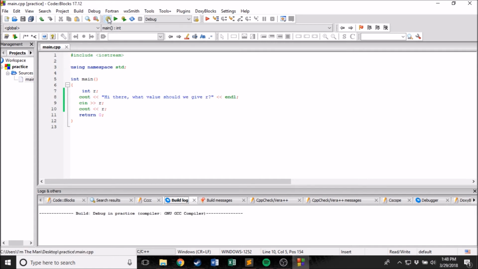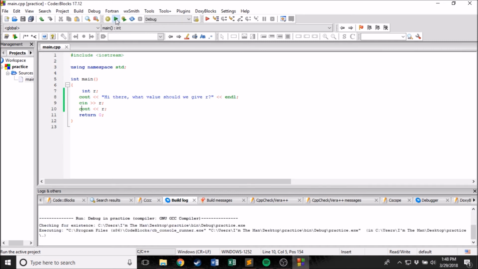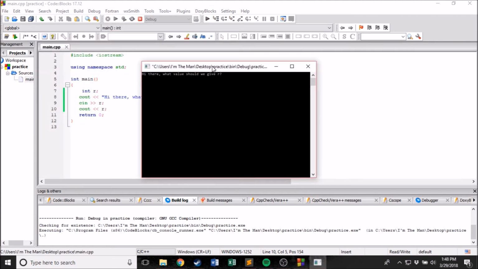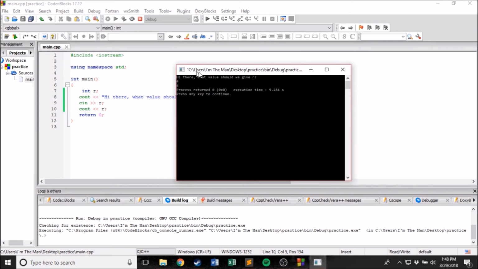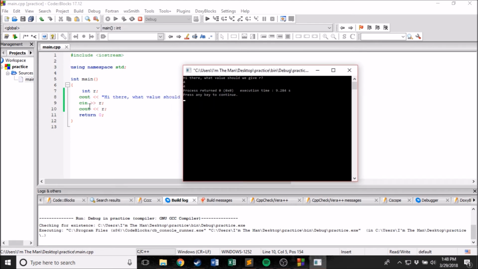But now that I did that, we'll be able to see that what I entered is actually what's going into the value r. Now remember, r is an integer, so we've got to put an integer. So I'm going to put 4. See, it read out 4 because the value 4 that I inputted was put into r. Yeah, cin's pretty simple, just a little bit different than cout. You've got to get used to the arrows, be careful of that. But other than that, there's not a whole